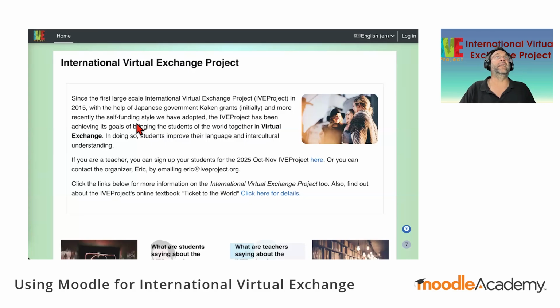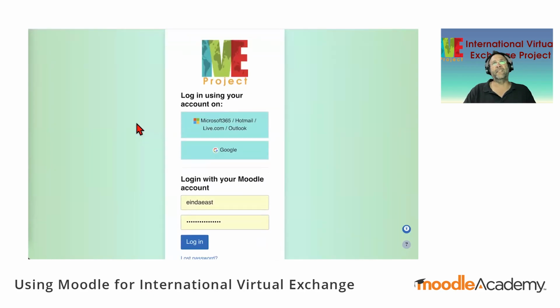Okay, so logging in is the standard Moodle login page, and this is one of the things that we love about Moodle, we have various different options for the different people who are signing in. We have OAuth, we have LTI, we have standard logins. We generally ask participants to use OAuth, but for students in China, for example, they often will have trouble with this.